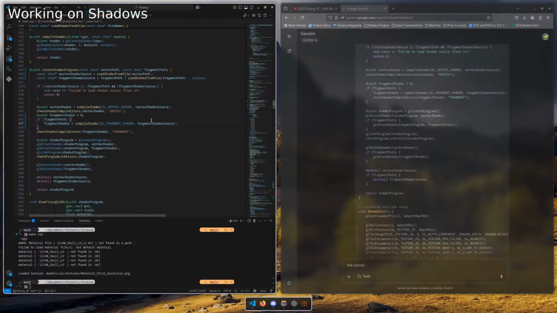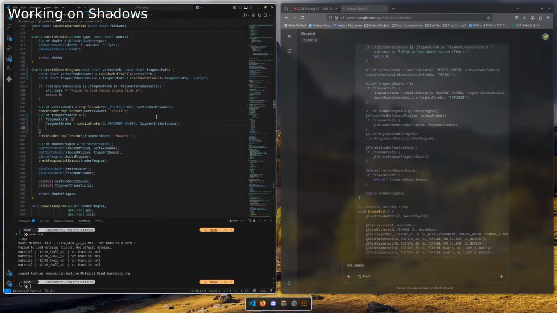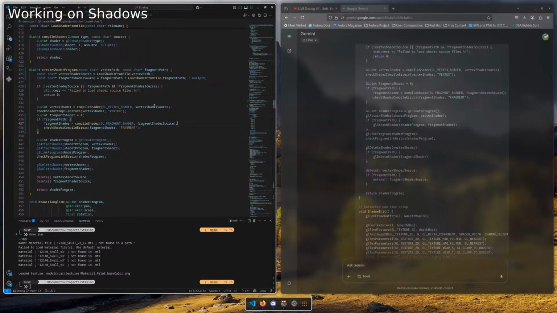Cool. So now we check for any error when compiling the